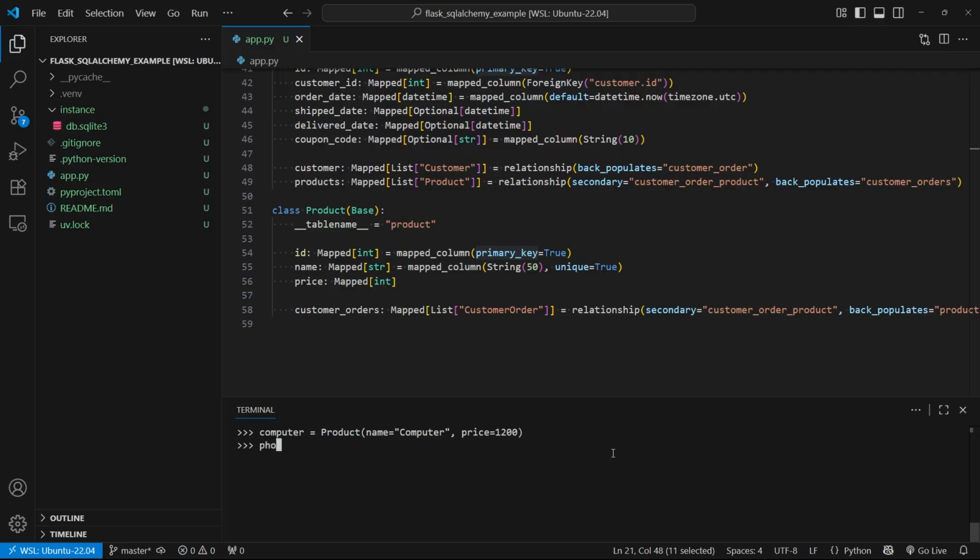And then I also want to create another product. Let's call this a phone. This will instantiate product. The name will be phone. And then the price for this will be, let's say, $500. I'll hit enter there and instantiate the product as phone. And now I want to add these to the session. So I can do db.session.add phone and db.session.add computer. And then to save them, db.session.commit. Okay, so I have two products in the database,